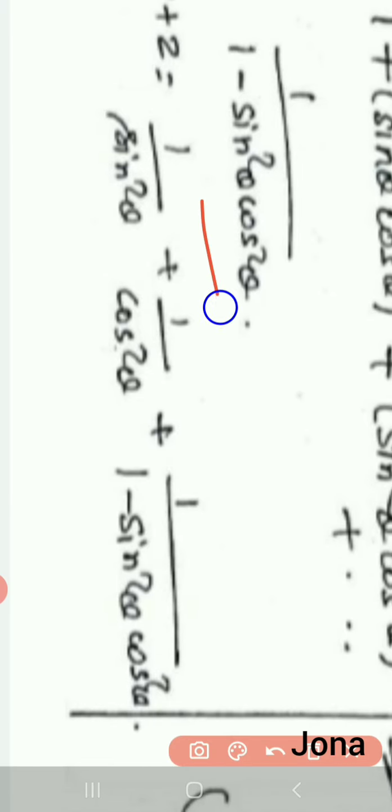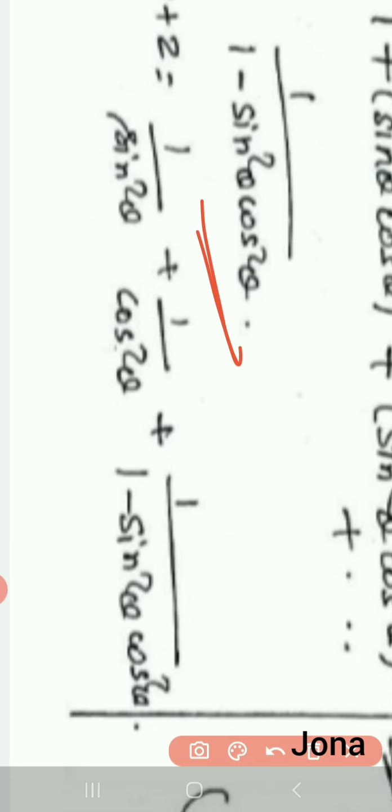So we got cos power 0 theta sin power 0 theta plus cos square theta sin square theta plus cos power 4 theta sin power 4 theta, etc. If you substitute this one, that value is 1 here. Then the second term is sin theta cos theta the whole square, and the next term is sin square theta cos square theta the whole square. It goes on. So instead of x, here we have sin theta cos theta, sin square theta cos square theta. Therefore, I can substitute here 1 by 1 minus sin square theta cos square theta.